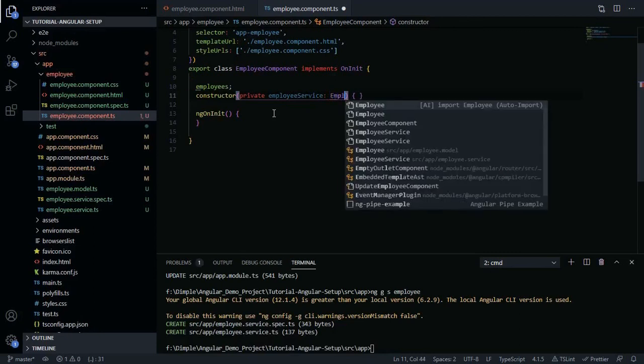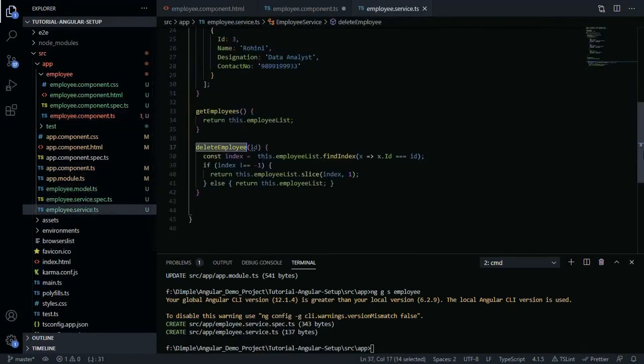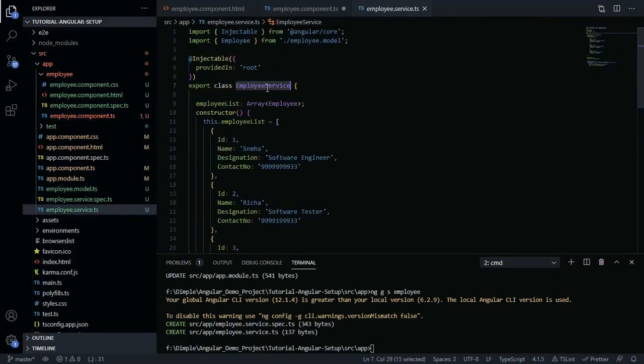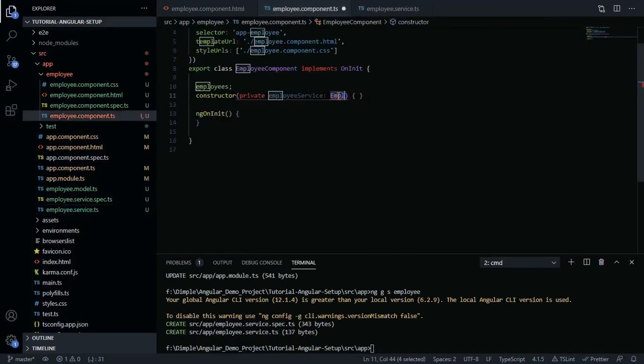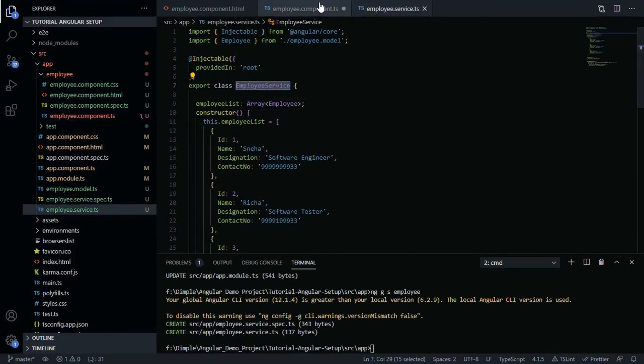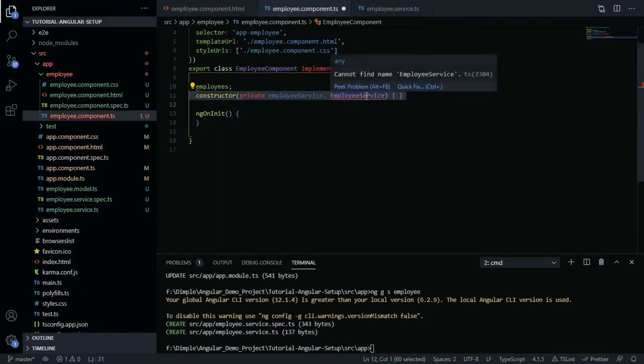Here you have to write the service name. So what was my service name? This was my service name, so you have to mention the same here. It's up to you what naming you give to the private variable, but here you have to mention the same naming which you have given to your service class.